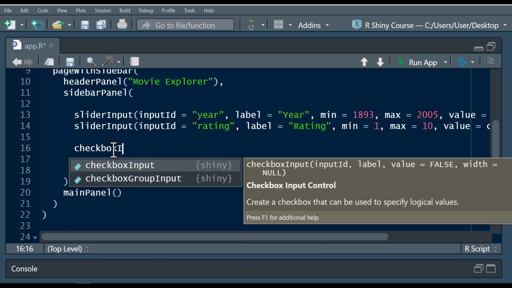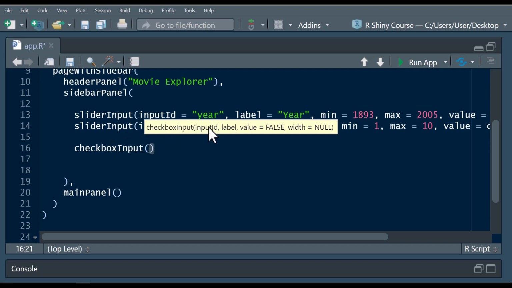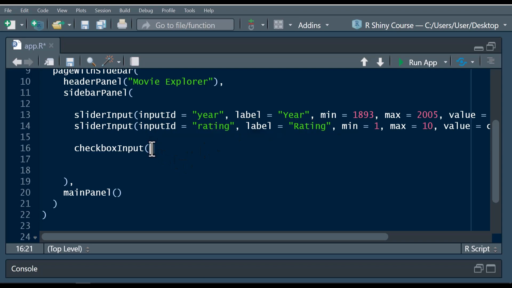It's also one of the input functions you are going to be using in the user interface. So the checkbox takes the input ID, just like I've explained for the slider input and numeric input. It has a label and it also has a value. This value is usually binary, either true or false. I'm going to be using the default value of false, which will make the checkbox unchecked. When we tick the checkbox or we give a default value of true, the checkbox is going to be checked. So now our first checkbox, which is going to be action, input ID,